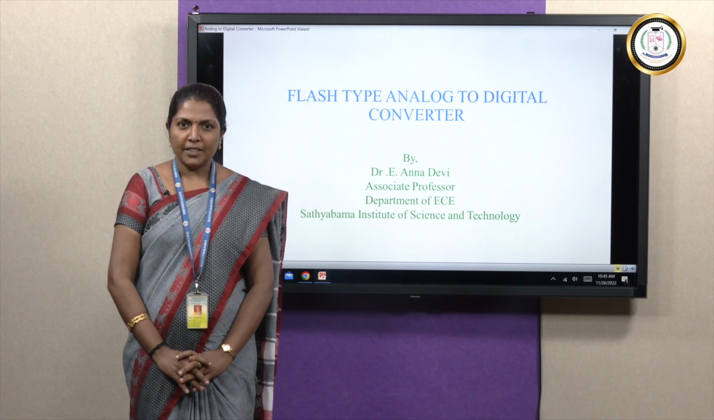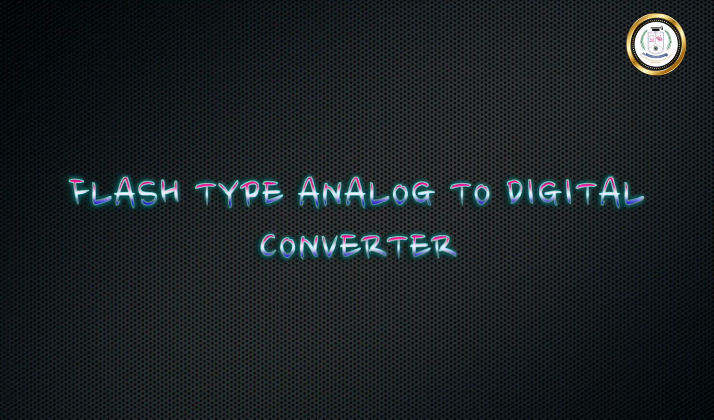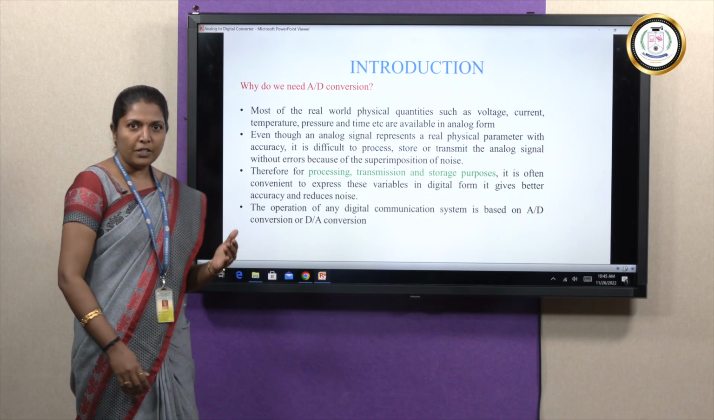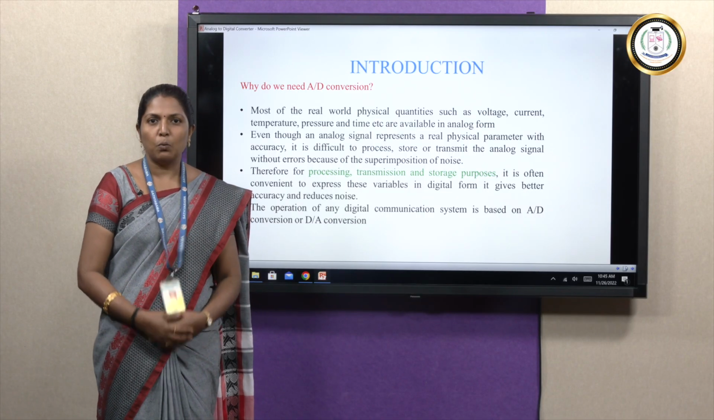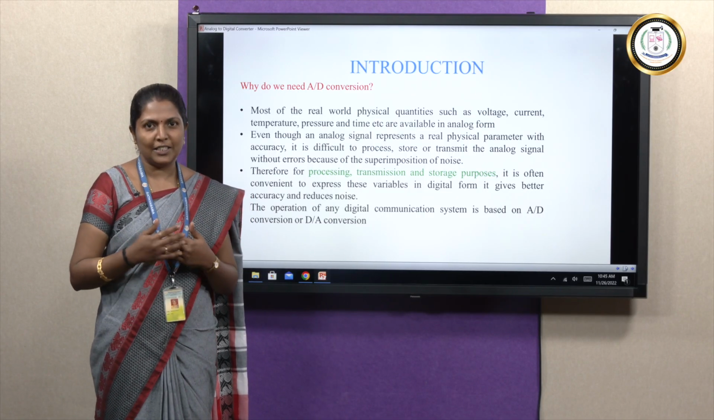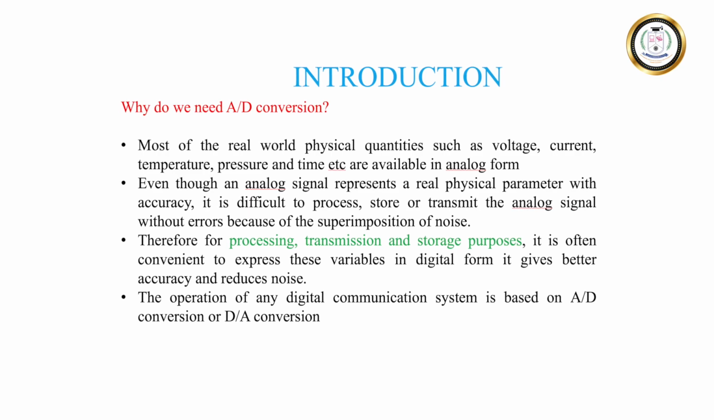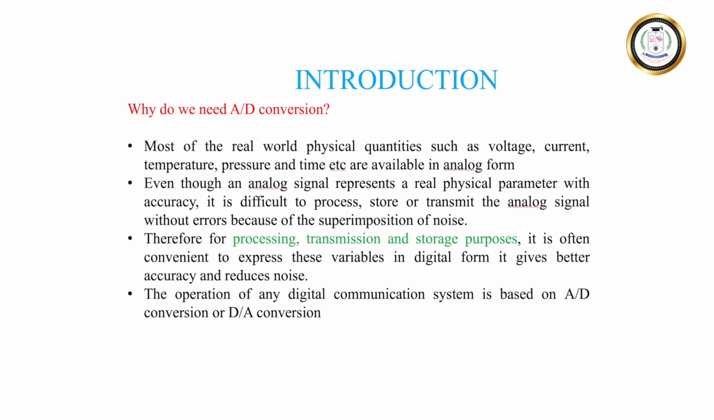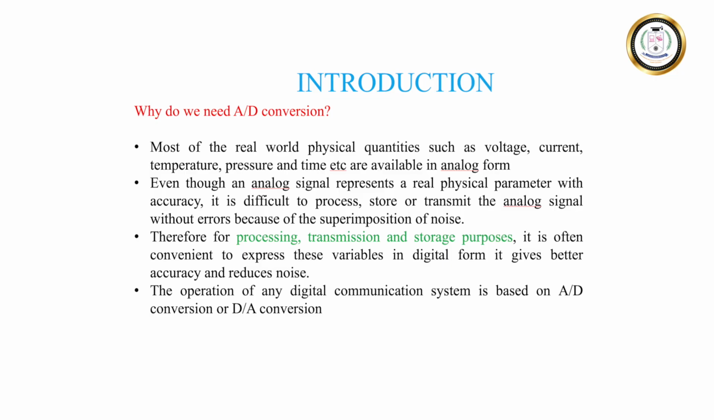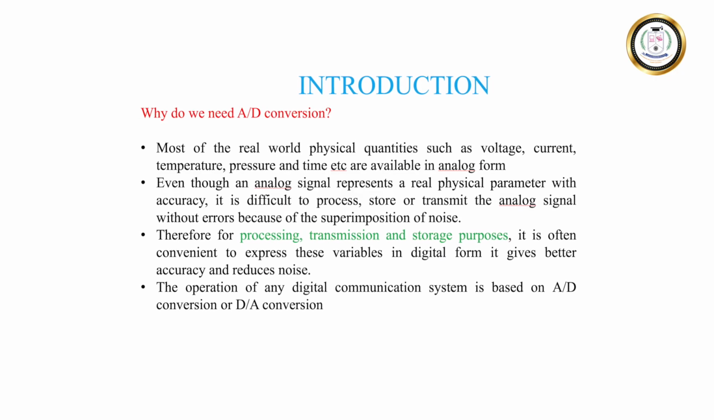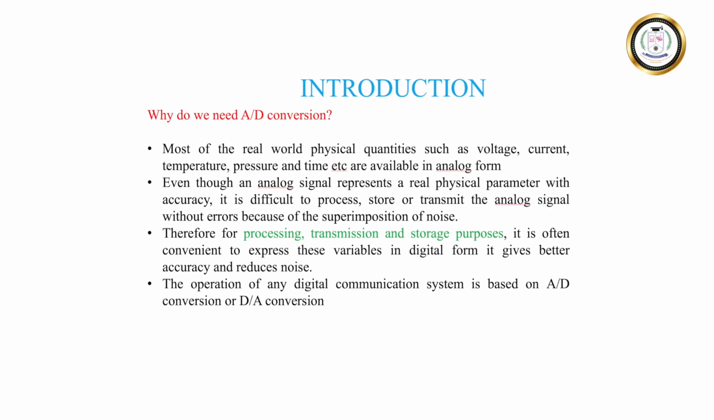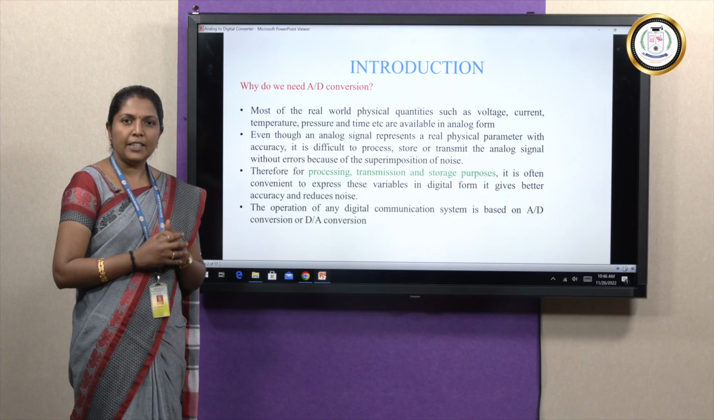Today, we are going to discuss an important topic, the flash type analog to digital converter. First of all, let us know what an analog signal is, and what the need is for converting an analog to a digital signal. Most of the real world physical parameters such as voltage, current, temperature, pressure and time are available in analog form. Even though the analog signal represents a real world physical parameter with accuracy, there is a need for converting